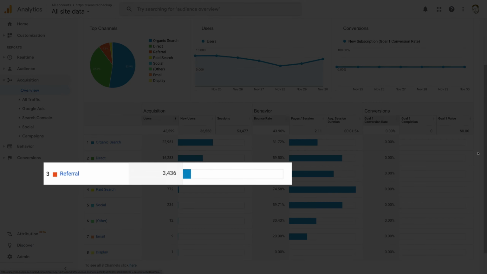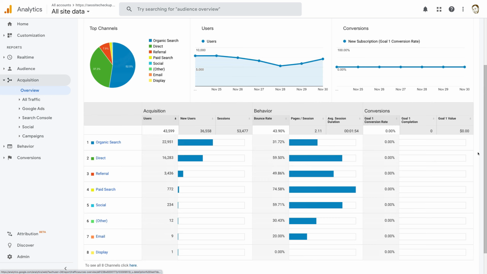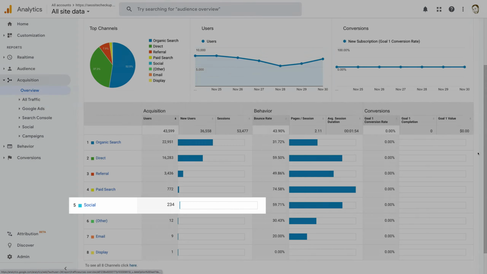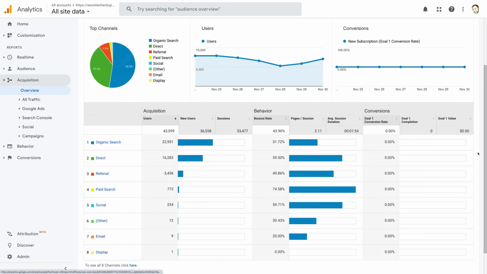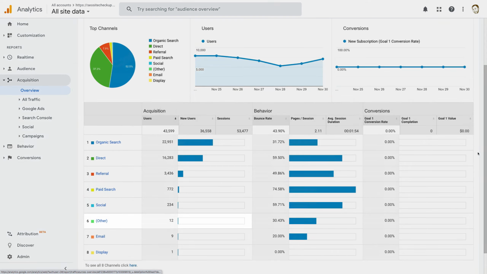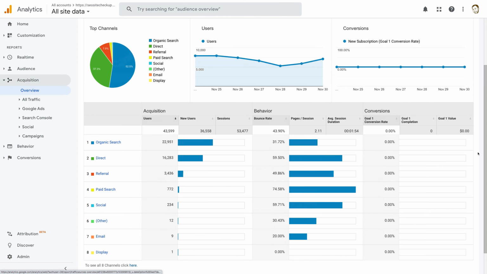Referral traffic is visitors who come to your site via referral links. For example, by clicking on links to your website on other websites. Social traffic is visitors coming from social websites like Facebook, Twitter, LinkedIn, and so on. If you are generating traffic via email marketing, the email section would represent those visitors. And other traffic, which includes all other types. Like if you are using UTM parameters for custom campaign tracking, visitors coming because of those custom campaigns would be